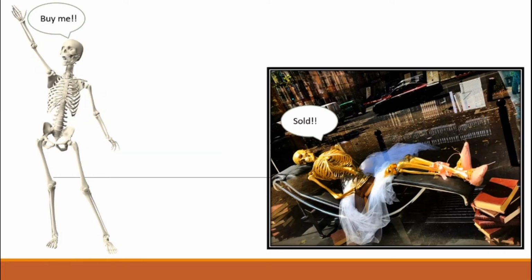Welcome to the first video of this chapter. We are talking about plating techniques here, but before we understand what it is, here is a simple example for that. There is a skeleton which needs to be sold, but in this condition, if you sell it, it will sell for a very low price, but you can sell it for a bit higher price when you coat it with gold.